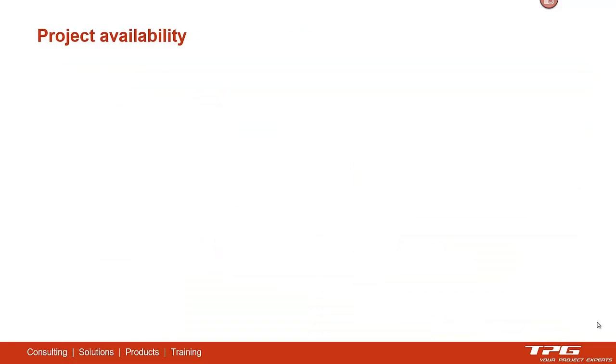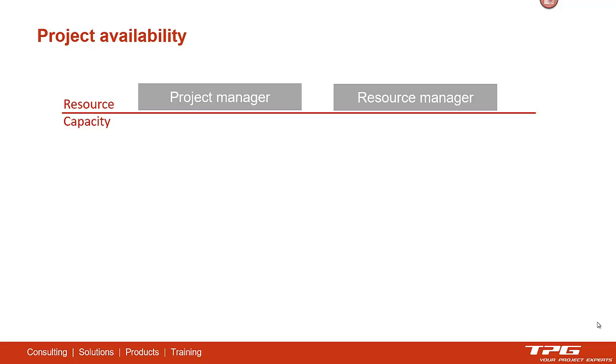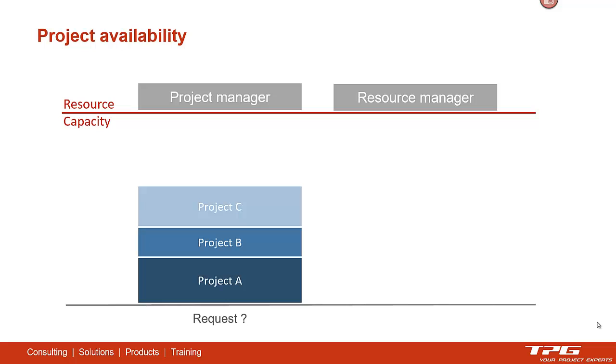Let's have a look at the matrix organization. And here we talk mainly about project availability. When we talk about project availability, we have two actors. One is the project manager and one is the resource manager. So the project manager is covering projects. He has requests to teams, and these requests are going against the resource capacity, which is controlled by the resource